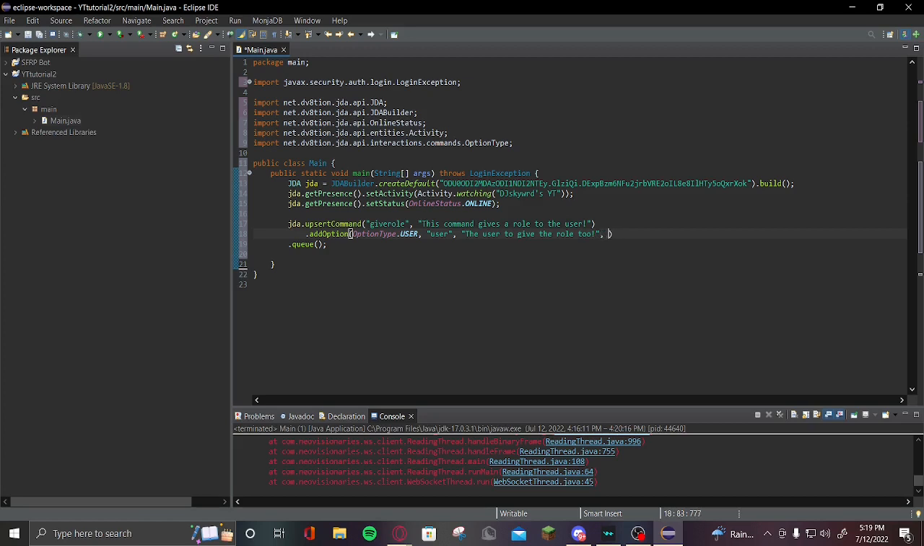Now after this, we're gonna do comma, and then we're gonna say a true or false value. If it's true, that means that this option or argument, whatever you want to call it, is required in order to send the command. So I'm gonna type in true because we have to know the user to give the role to. After this, we're gonna do enter dot add option